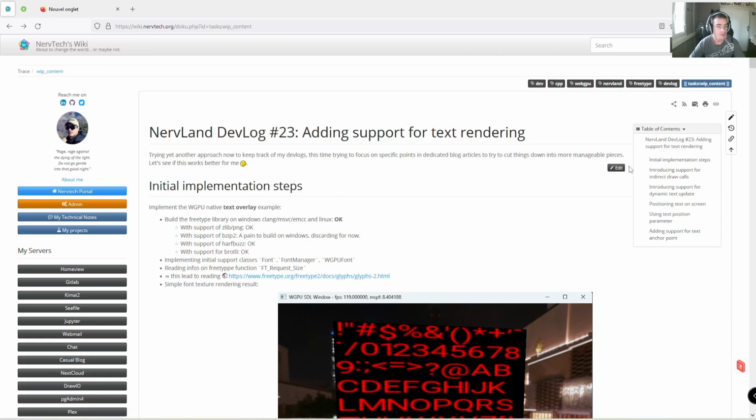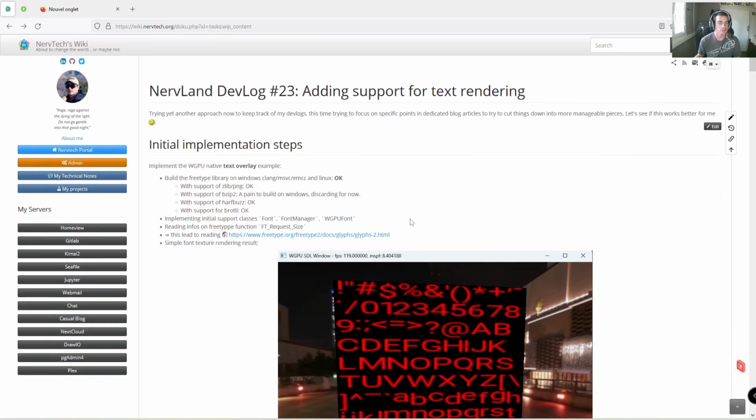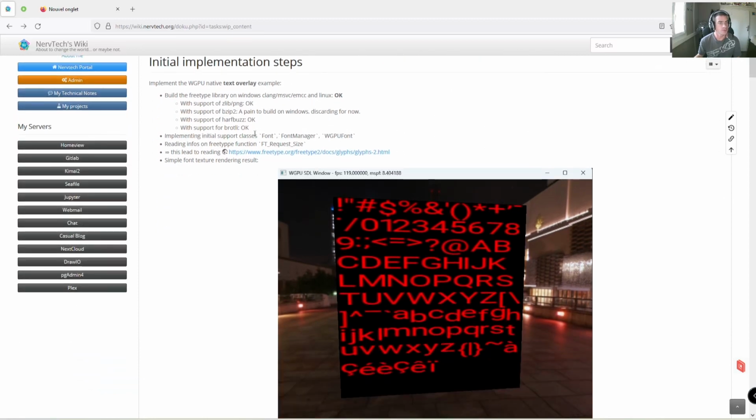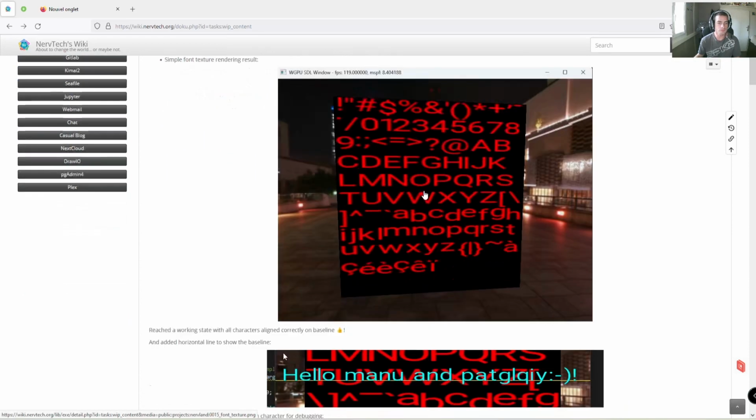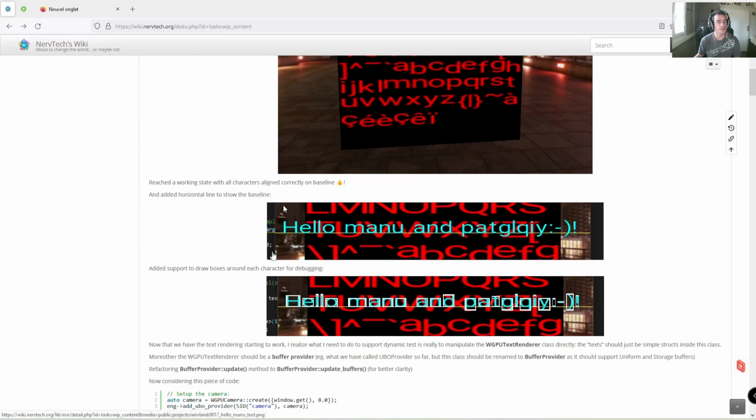So this is devlog number 23 and I have already been taking notes on this, and let's just quickly see what we'll be reviewing and discussing today. So the first thing I was doing was trying to use FreeType to produce a texture like this one, so a font texture if you want. And then I was trying to use this to actually display some text that you could read with my engine